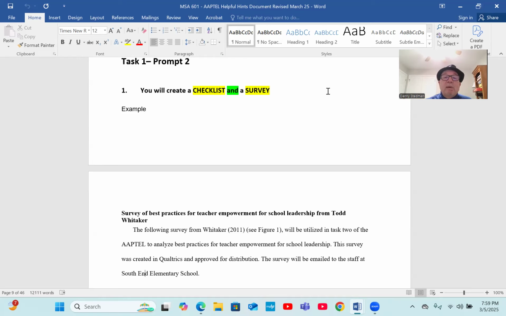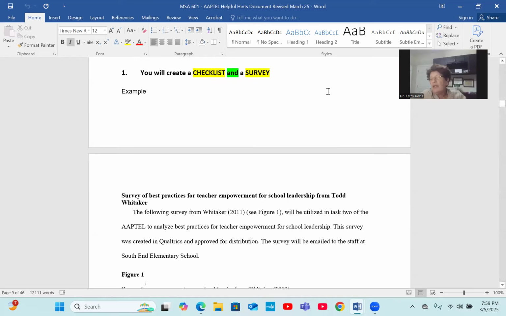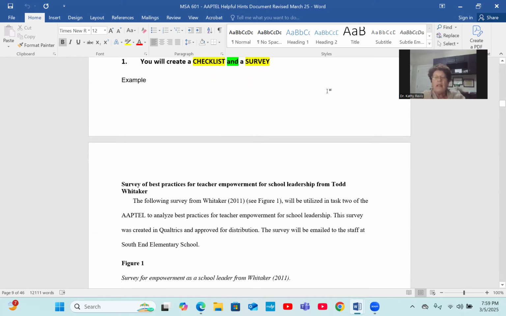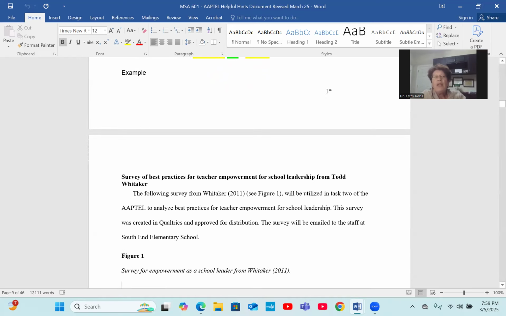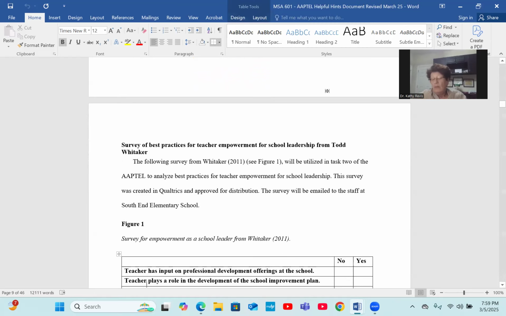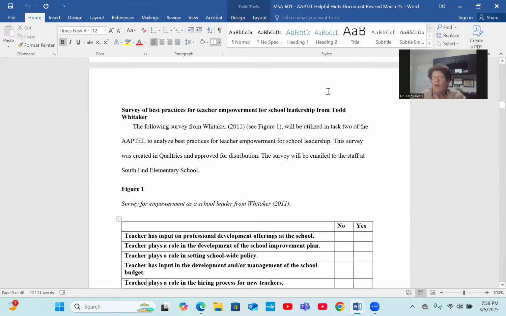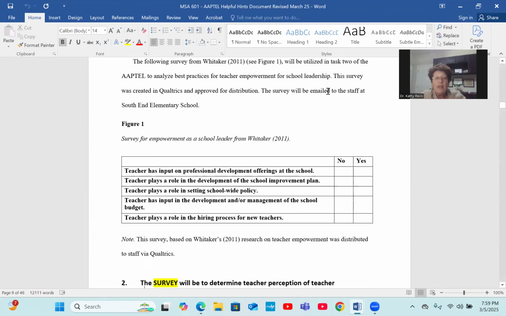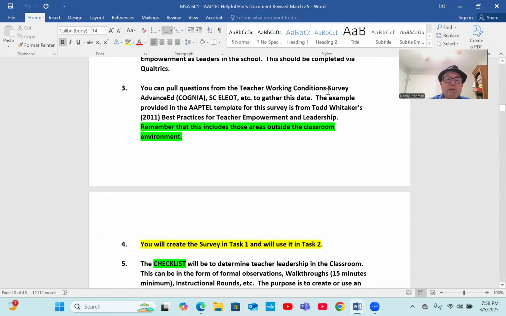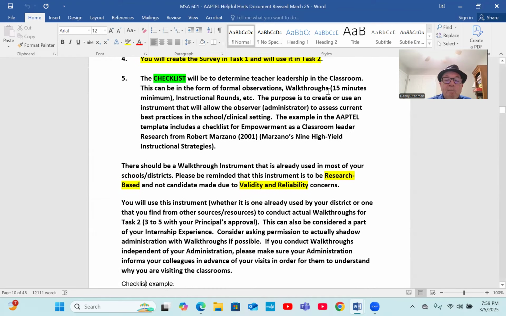Dr. Revis, go ahead and talk about that right now. So you're going to really do 2 things. The checklist is an instrument you're going to identify to look at leadership in the classroom. You're going to go in and look at instructional practices, okay? Again, as Dr. Stedman has said, if you use a walkthrough checklist at your school, use that one. If not, I think the checklist is scroll on down. Yeah. This is the survey. The survey. And here's the checklist.